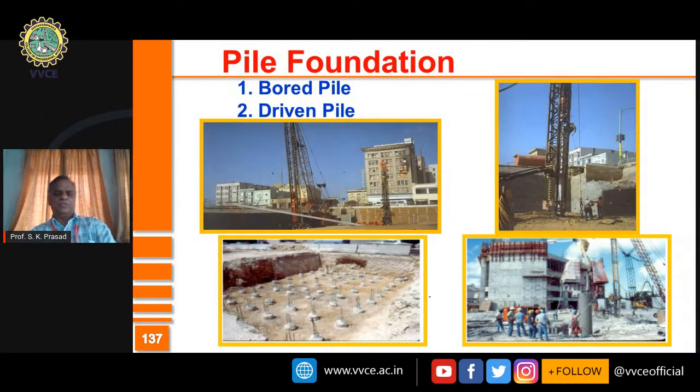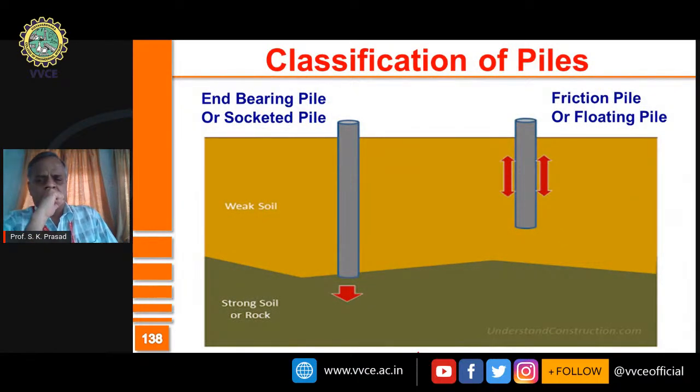So here in the picture, you see a pile being driven here, here also. This is a pile already being put, and people are waiting for the pile cap to be put. From there onwards, the superstructure is taken up. Piles can be very broadly classified into two types of piles based on the load carrying capacity. One is end bearing piles. These are the piles which take the entire load at the bottom, just like shallow foundations.